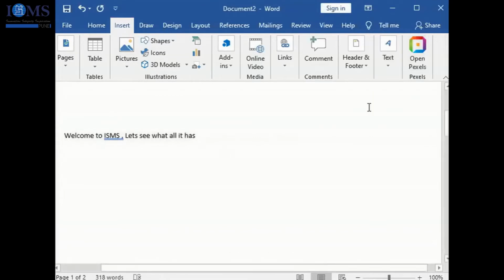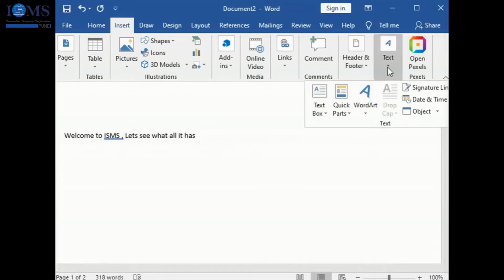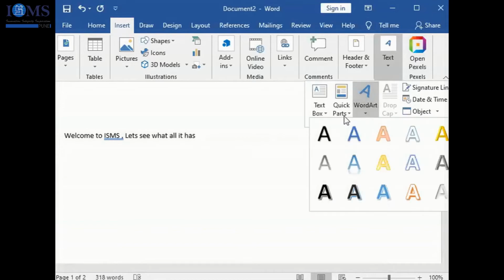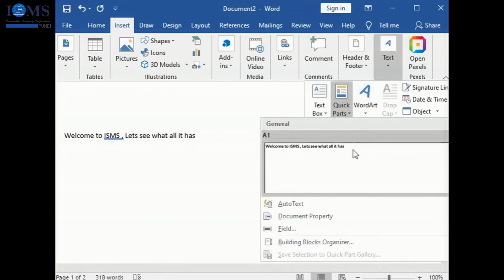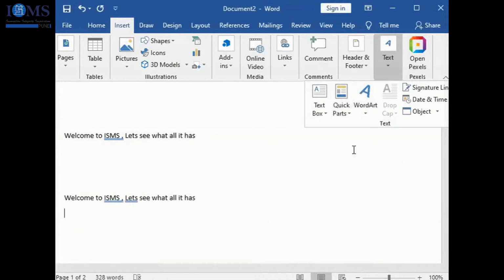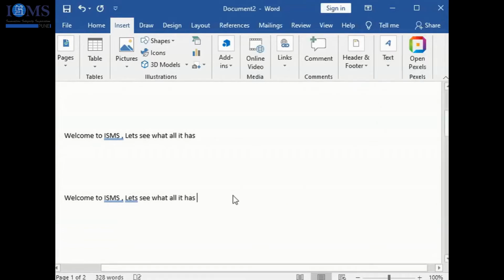Now suppose on this blank line I want to have this again, welcome to ISMS. What I'll do instead of typing this, assuming A1. Okay, it has typed this thing.